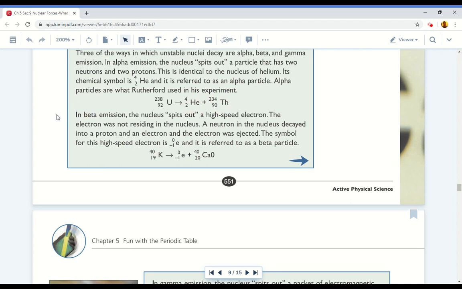In beta emission, the nucleus spits out a high-speed electron. The electron was not residing in the nucleus. A neutron in the nucleus decayed into a proton and an electron, and the electron was ejected. The symbol for this high-speed electron is